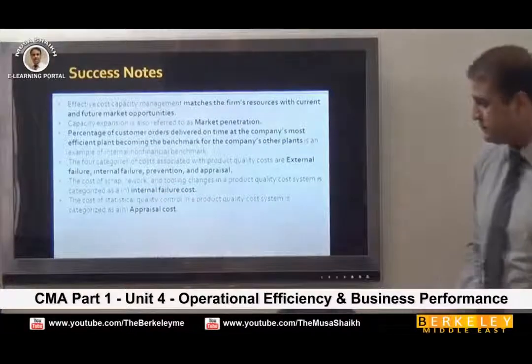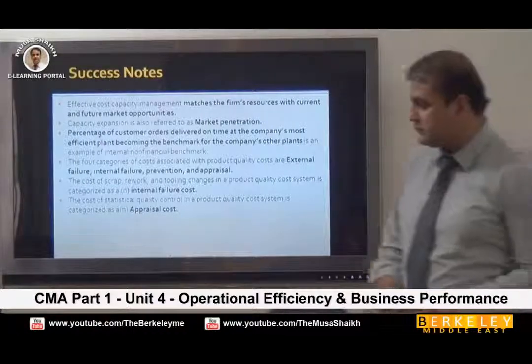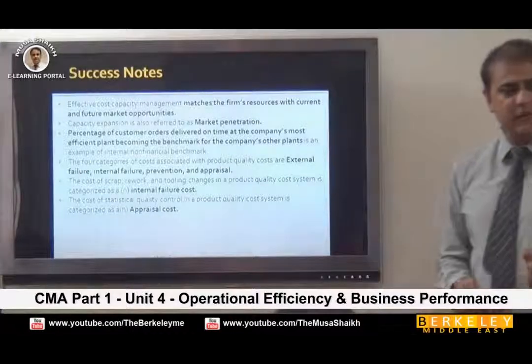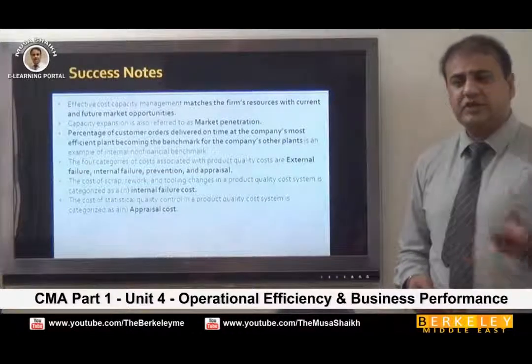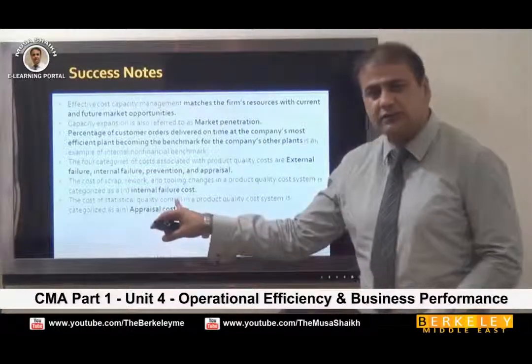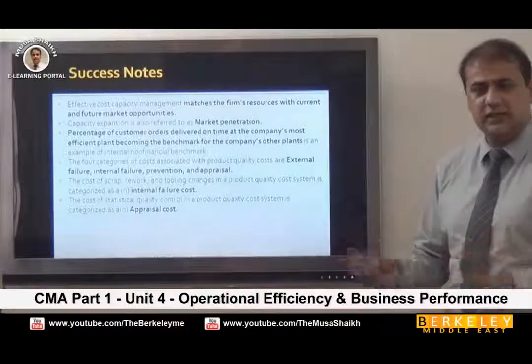Next. Cost of statistical quality control in a product quality cost system is categorized as an appraisal cost. Appraisal means evaluation to check what this is. Appraisal cost is when you have quality controls, means you make something, you put a lab test XYZ. This is your